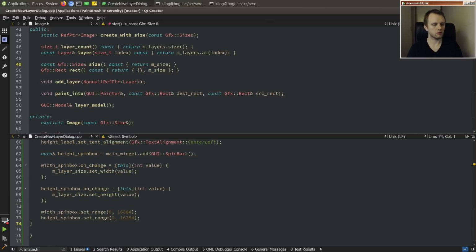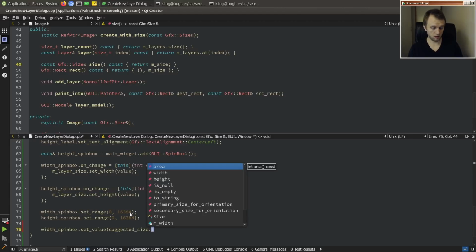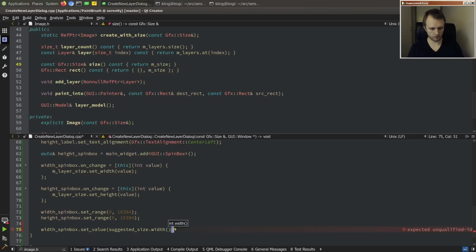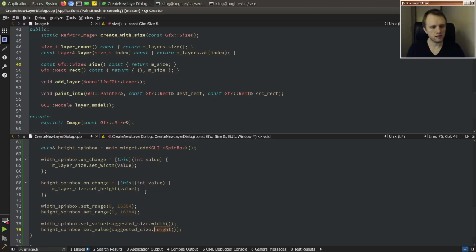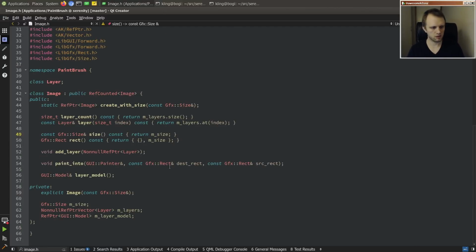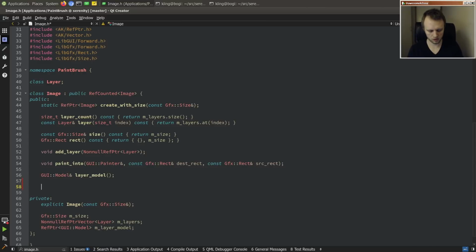So we will start with that. So with spinbox set value, suggested size, width, and height. All right, so that is cool. So now we have all of that stuff set up. Let's just hope that that works, and we can start working on our other function for create new layer,